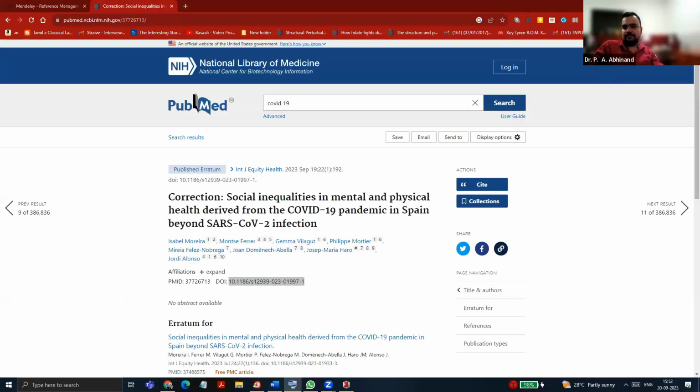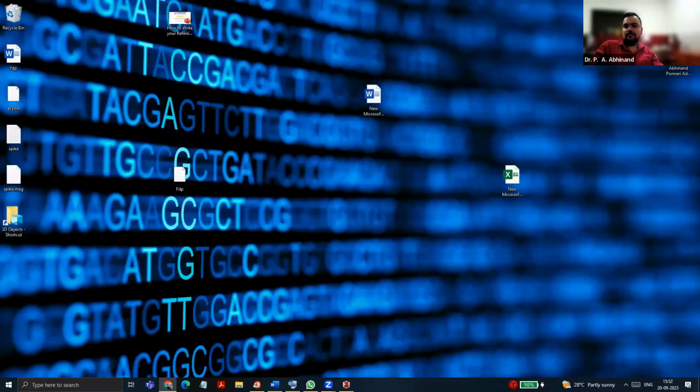I'm sorry about that. But it's pretty easy to use, far easier than Mendeley itself. But the problem with Zotero is Mendeley has so many other options, like many reference styles are integrated into Mendeley. Zotero does not have so many reference styles. So that's one drawback of using Zotero.